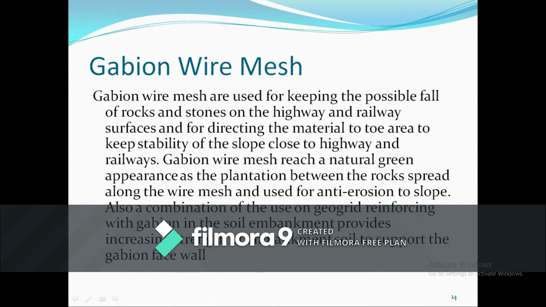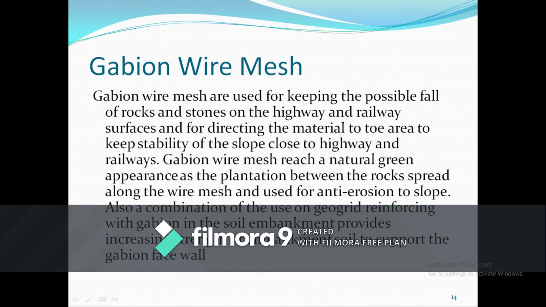Also, a combination of the use of geogrid reinforcing with gabion in the soil embankment provides increased strength of embankment soil to support the gabion face wall. Nowadays we find this gabion face wall construction mostly, not only in rock and stone construction, even in concrete construction also, wherein you see wire mesh being put throughout your geogrid reinforcing element, so that you can have some green constructions, that is, you can increase the greenery everywhere.